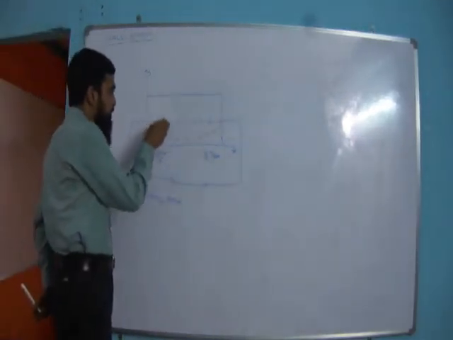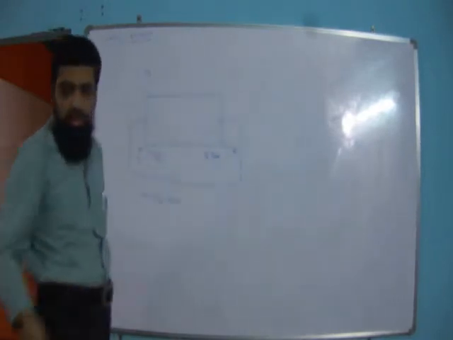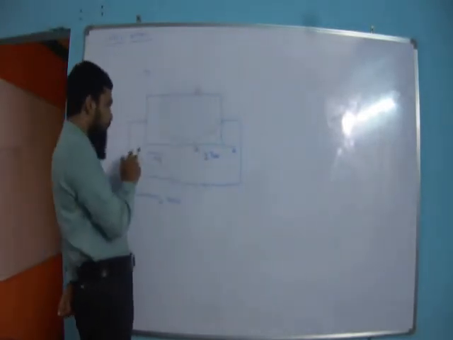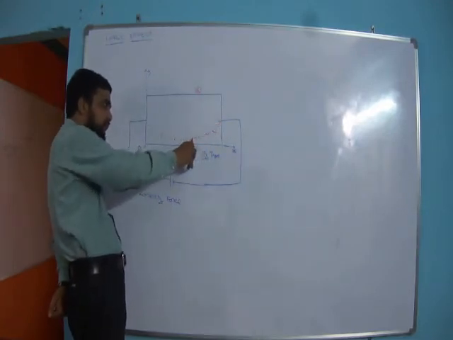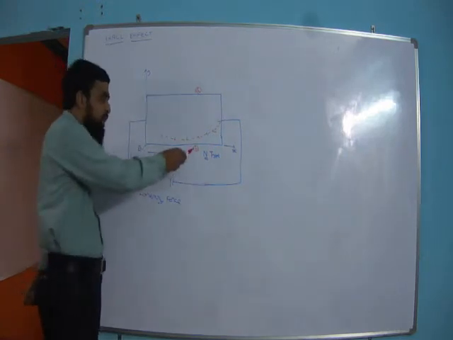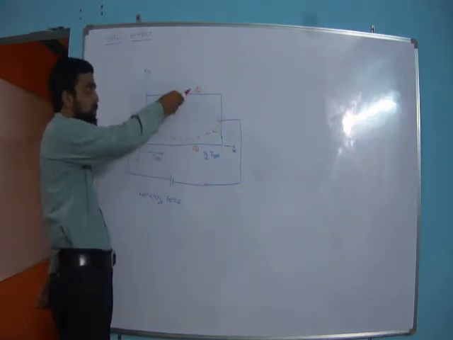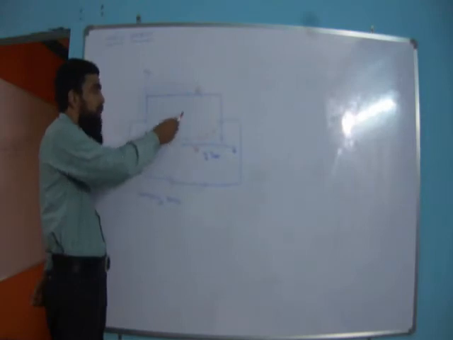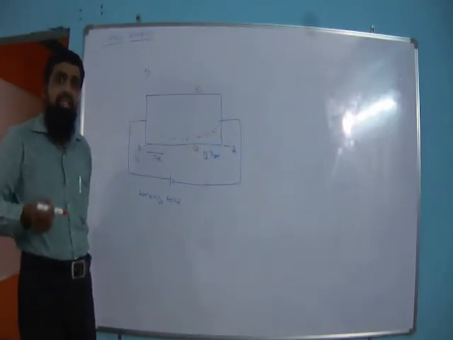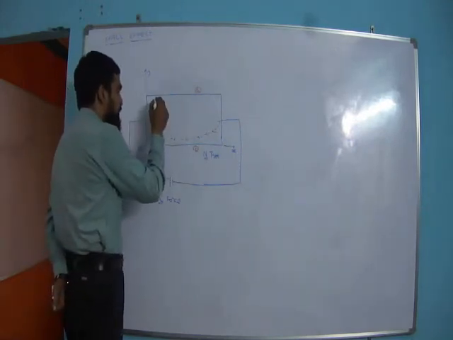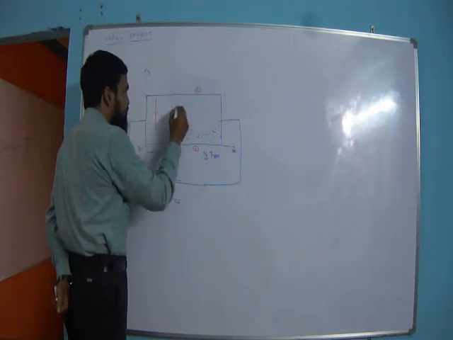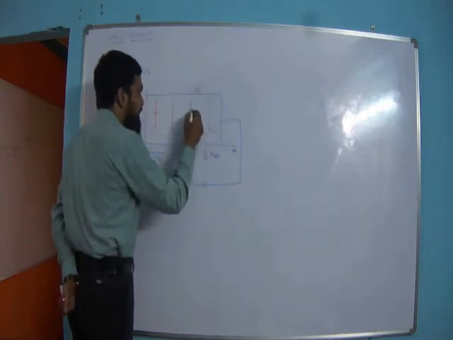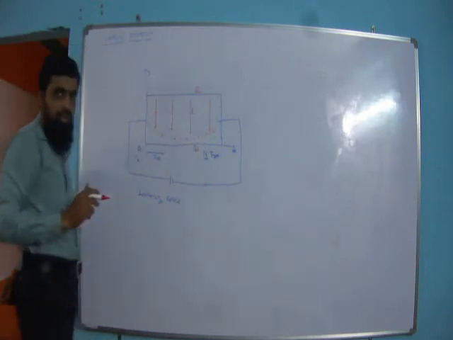Now we can observe over here that, let us call this surface B and surface A. The result of this magnetic field is that the electron has taken this curvature direction and surface B has become more negative compared to surface A. We can say that surface B is having more number of electrons compared to surface A. As surface B is more negative compared to surface A, an electric field is induced. And this is nothing but Hall effect.